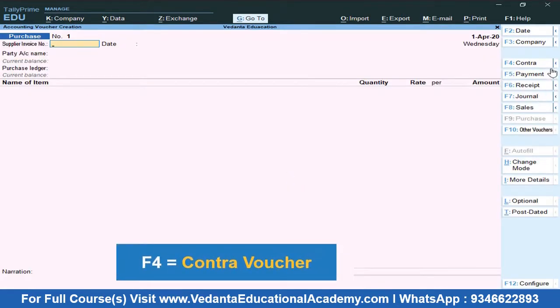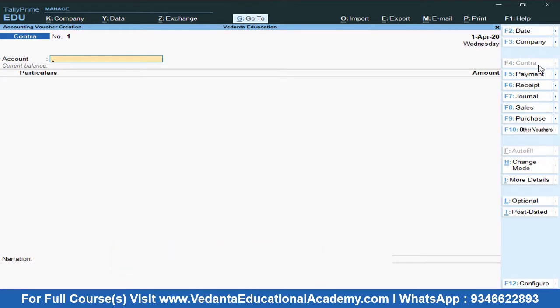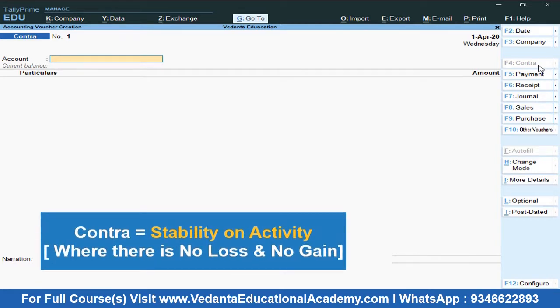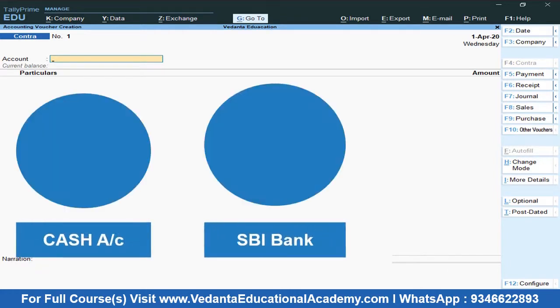Yes, in the Tally application the first voucher is F4, the contra voucher. What is meant by contra? Contra means stability of activity. What is that? Stability of activity. For example, there is a company called ABC Private Limited, which opened a bank account in SBI with a zero balance.